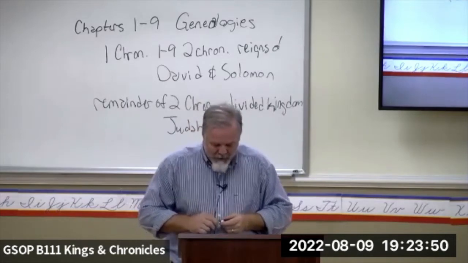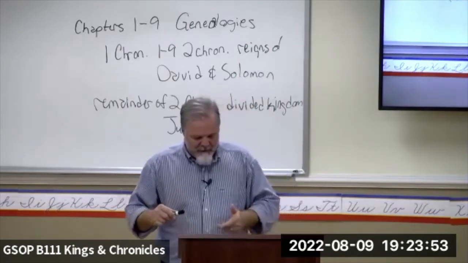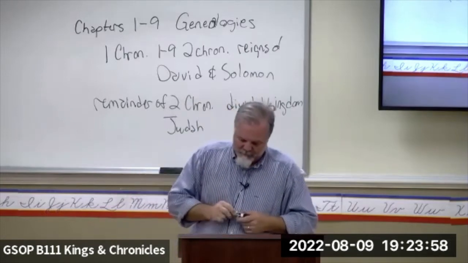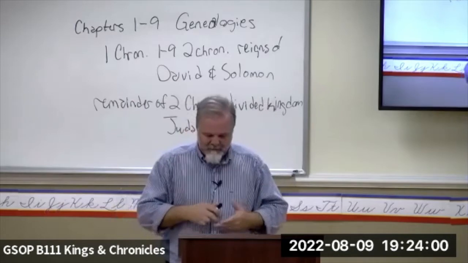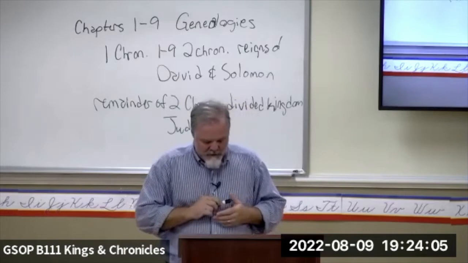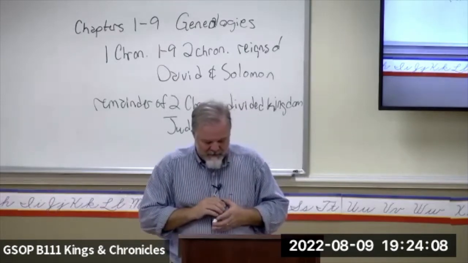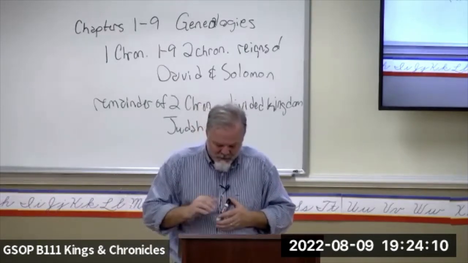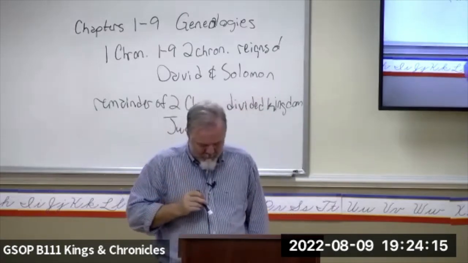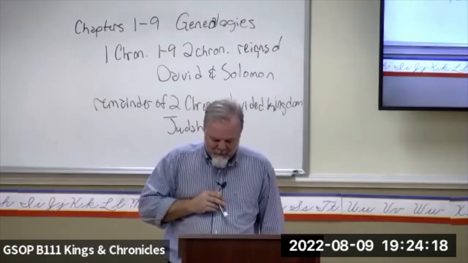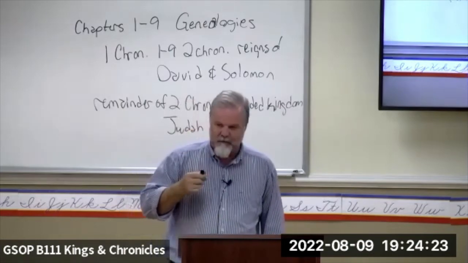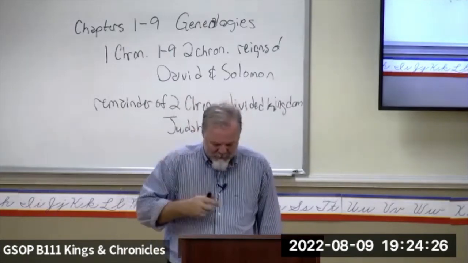All right. So you have the reigns of David and Solomon, and then in the remainder of 2 Chronicles, chapter 10 all the way through the end of the book, you have the narrative of the divided kingdoms focusing on the kingdom of Judah. 1 Chronicles is divided into 29 chapters, 2 Chronicles into 36 chapters. The last events recorded in Chronicles take place in the reign of Cyrus the Great, as we spoke of earlier. He conquered Babylon in 539, which sets pretty much the earliest possible date for the writing of the book. Otherwise, they wouldn't have been able to include that.